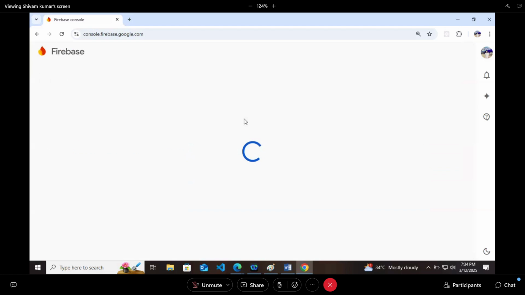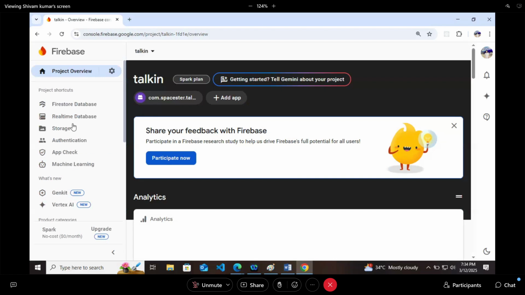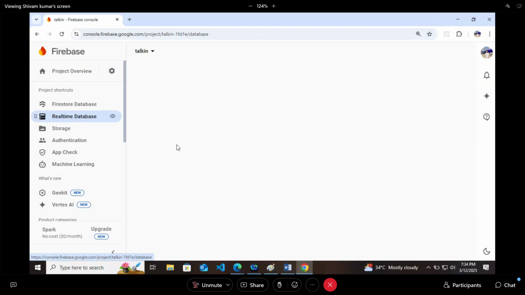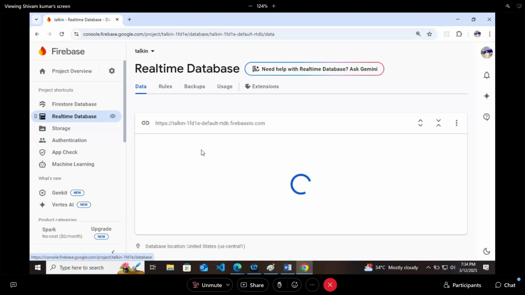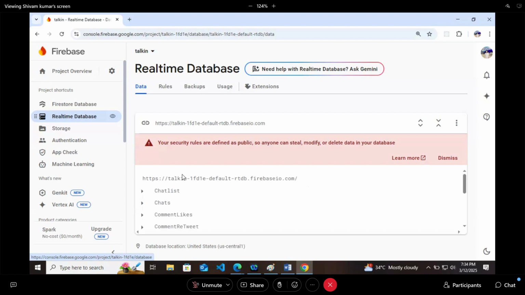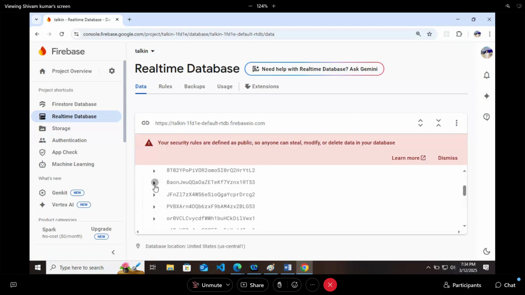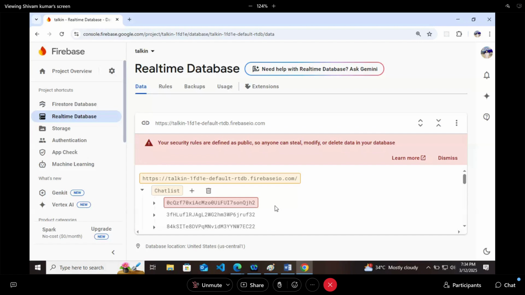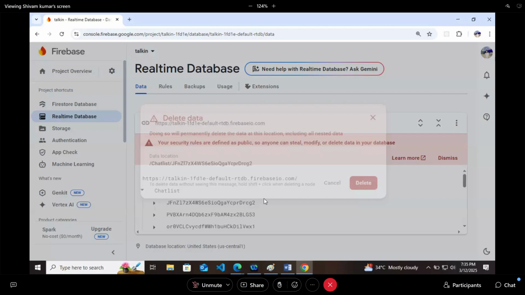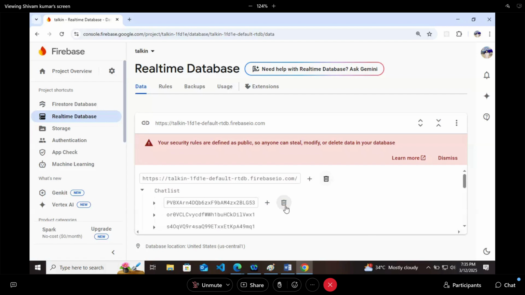So this is one of the applications that I already showed you. In that, I'll show you some messages. Let me get it loaded first. There are some chat lists and some messages. So what I will do is delete all the previous messages, so that whenever a new message comes, you can see it. Now you can say that I am the admin so I can easily do this. But as a hacker, it's very easy to step into any application. I'll show you, just give me a minute.